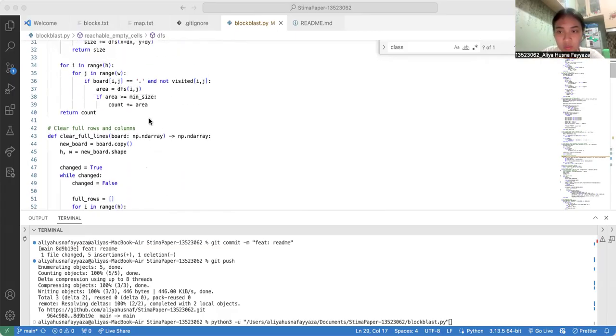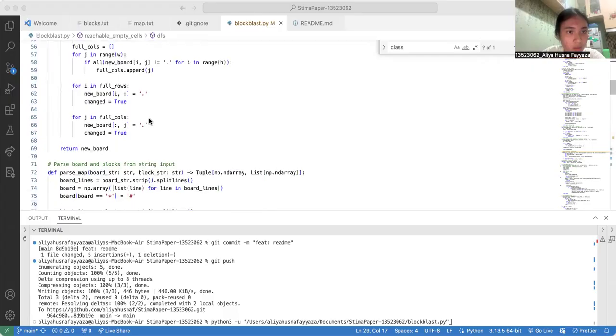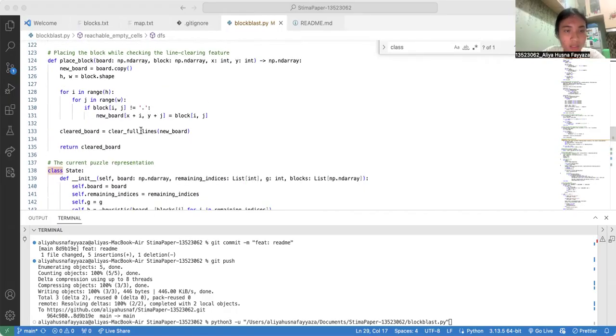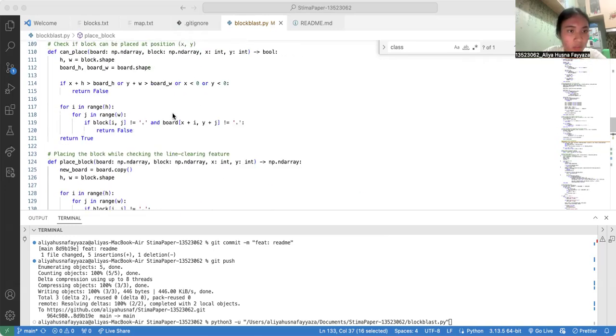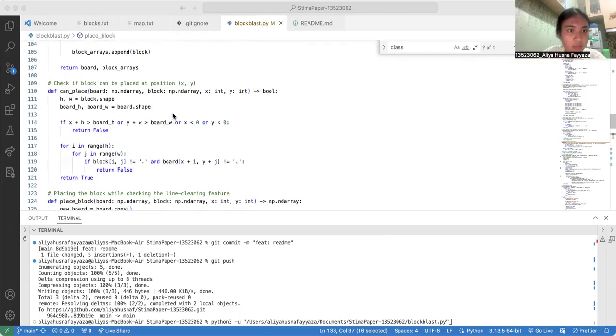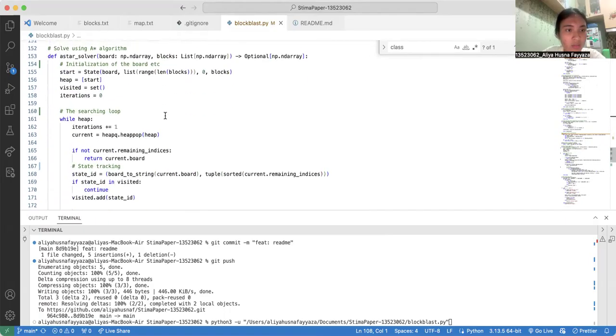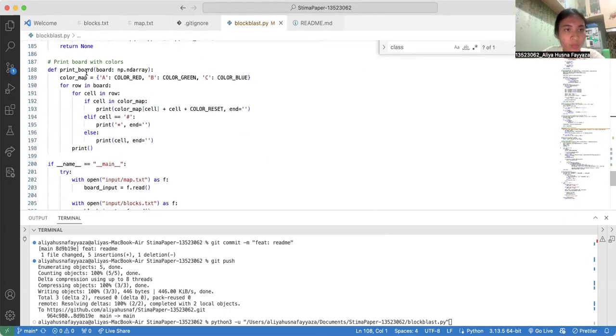This function is called in place block here and does a check for every new block placed. There's also a can place function to check if a block can be placed at a position, and print board to print the board